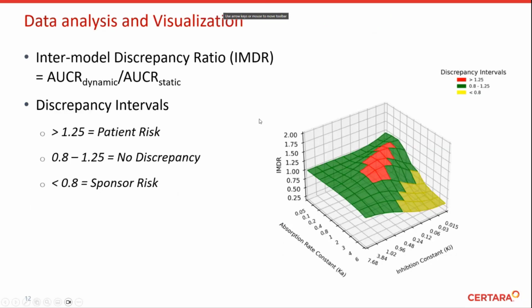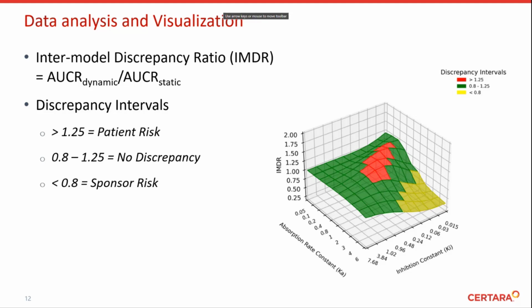So the main metric that we used to describe our discrepancies was the intermodel discrepancy ratio, or the IMDR, which is simply the AUC ratio we got from the dynamic model divided by the AUC ratio we got from the static model. And this IMDR value was then categorized based on discrepancy intervals, where an IMDR in between 0.8 and 1.25 meant no discrepancy, and an IMDR of above 1.25 indicated patient risk discrepancy, because in this case, the AUC ratio of the static model was significantly lower than the AUC ratio of the dynamic model, which means that perhaps in a real-world scenario, just using a static mechanistic model may have missed this interaction,